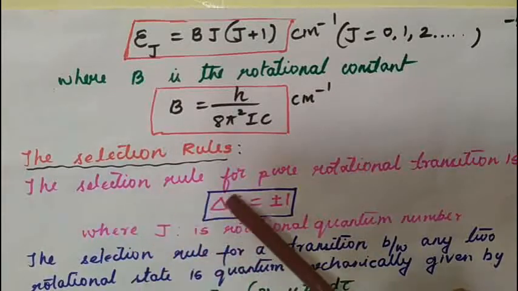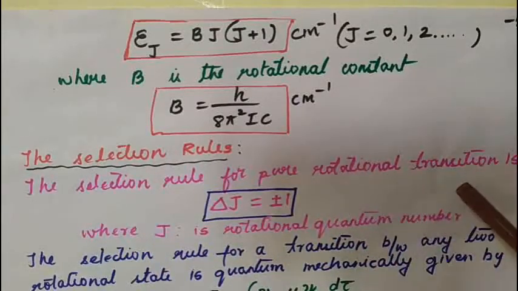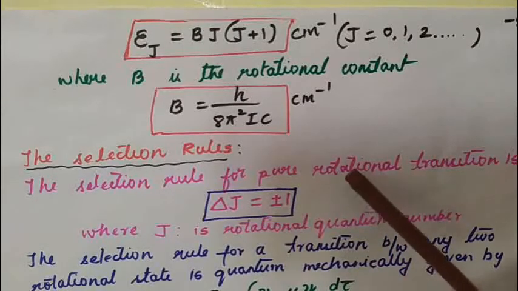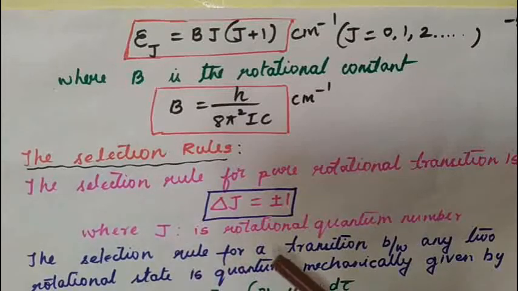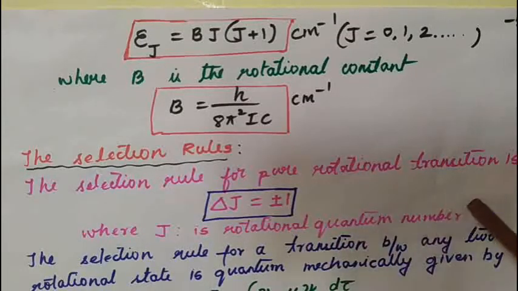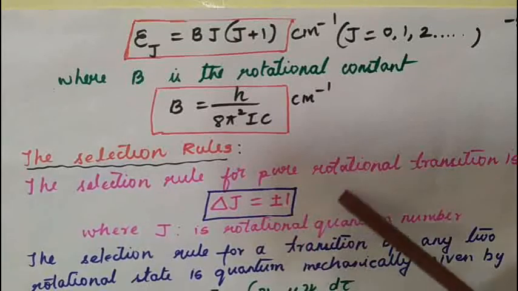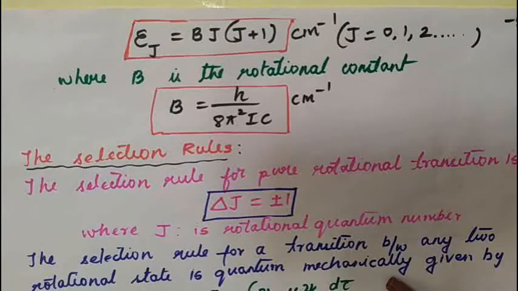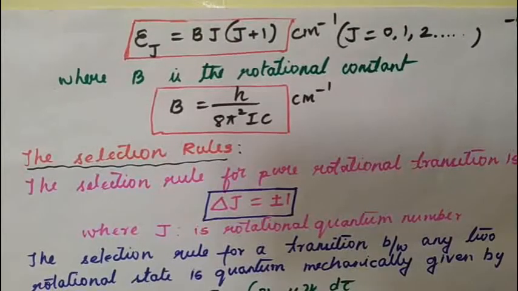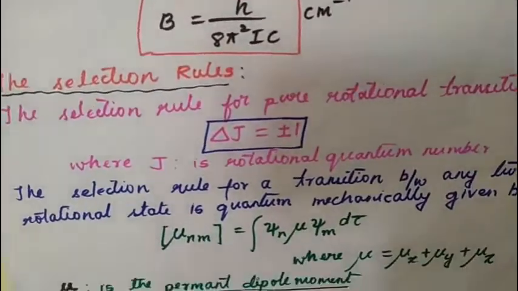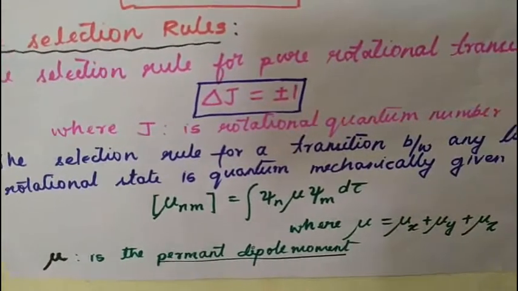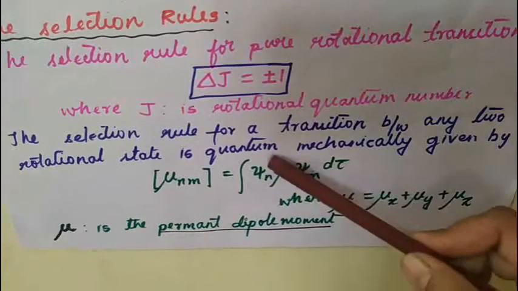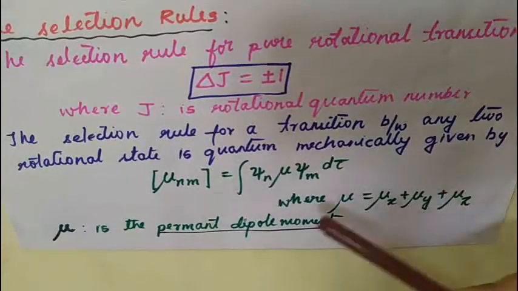That is, the selection rule for pure rotational transition is delta J equal to plus or minus 1, where J is the rotational quantum number. This selection rule is obtained from the quantum mechanical concept. The selection rule for the transition between two rotational states is quantum mechanically given by,